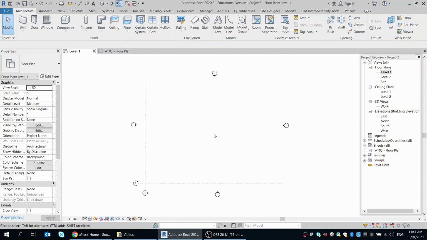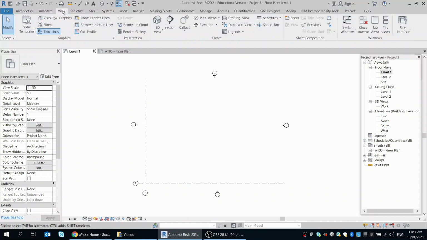So if I delete that wall there, so how do we create new views? In the ribbon at the very top, we have the View tab. I have moved these tabs around to illustrate a point in the last video. So these tabs may not be in the same order as your tabs on your ribbon, but the names are still the same. So if you find the View tab and open that up,